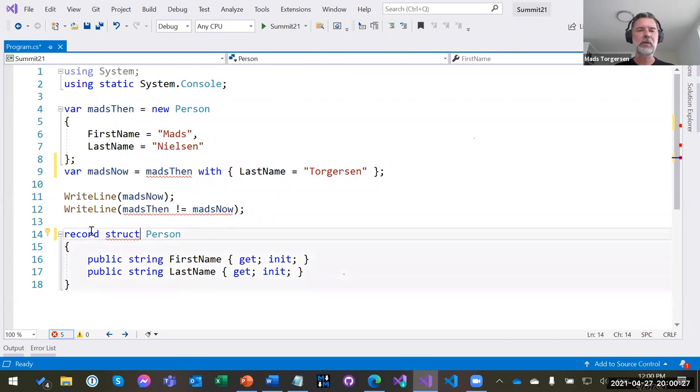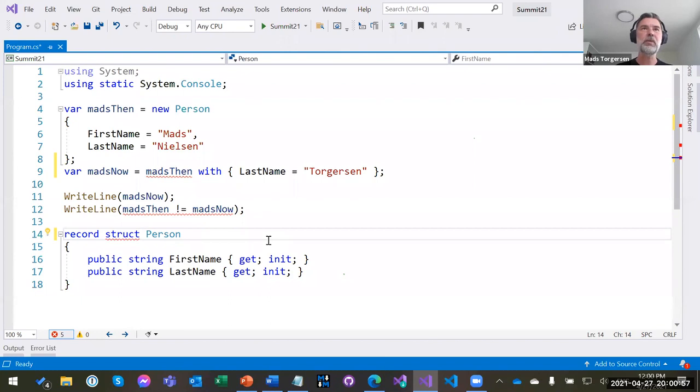What does it mean to have a record struct? Well, it means some of the same things. Record structs also get a better ToString that is based on the values inside, rather than just some gobbledygook. But when it comes to equality, structs already have value-based equality.